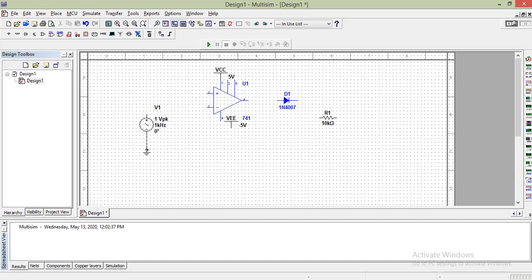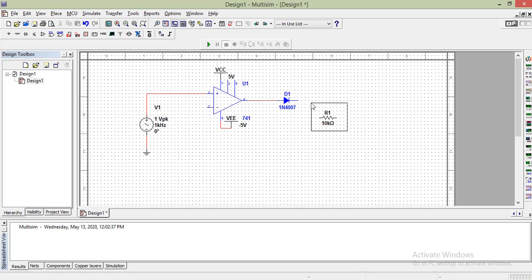Click over here and click to the ground. Then we'll connect this to the non-inverting terminal. Okay, then we'll connect this to VEE. Then we'll make this connection output to the diode. We'll rotate this resistor.